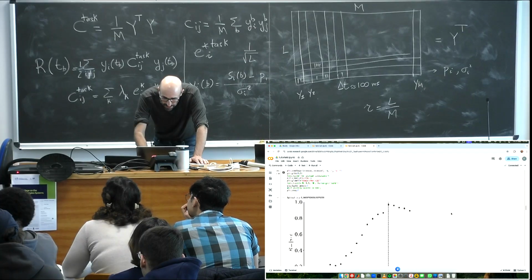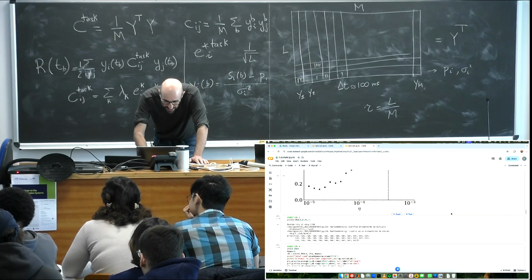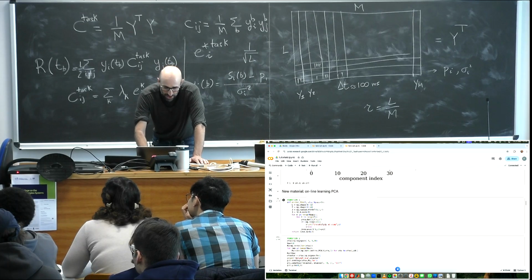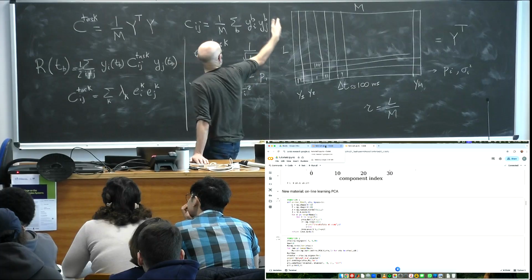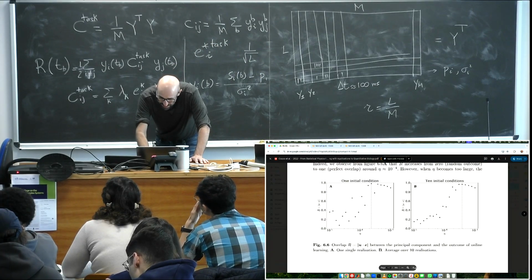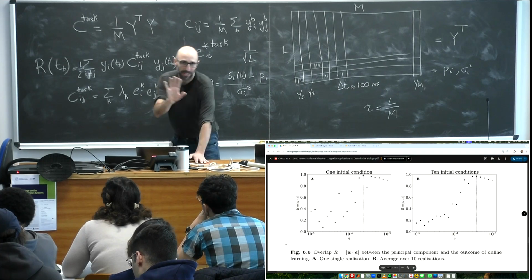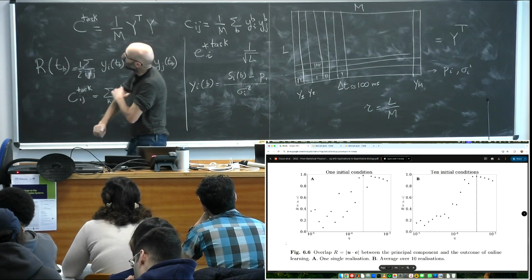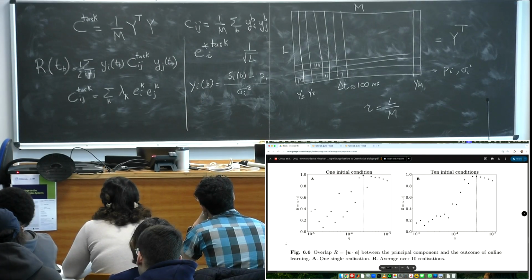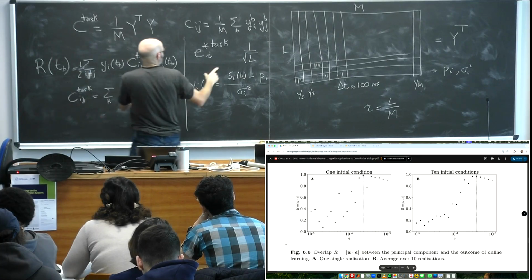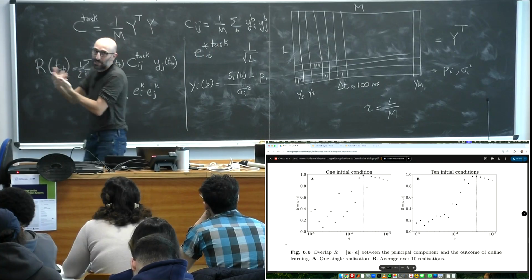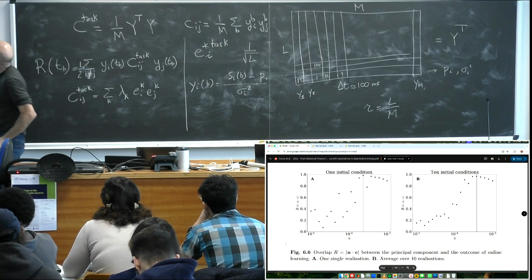And so here you have the algorithm. It's very easy. At each step, you take one column and you update the weights. And this is what you see. First of all, we do it without regularization, so gamma equal to 0. And what you see here is the overlap, the scalar product, between the principal component that you get from the diagonalization of the matrix, from the previous tutorial, and the one that you get from online learning,